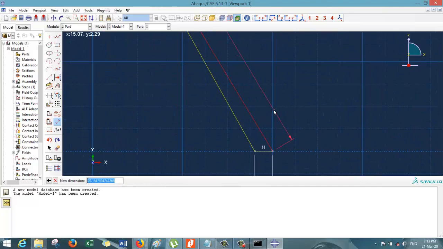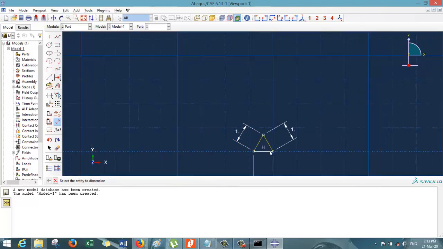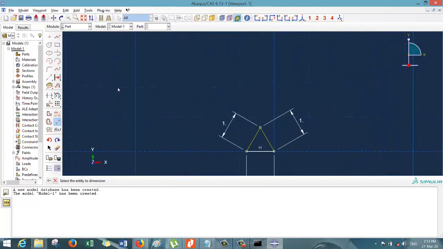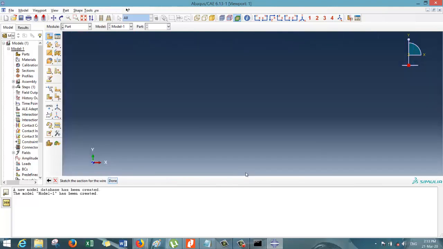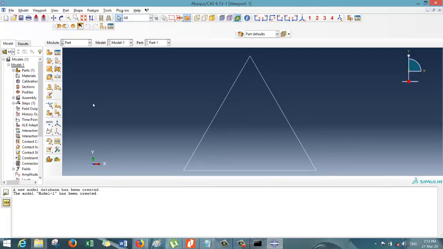Now this is again 1 meter, and now this is again 1 meter. So you have dimensioned it. So you have completed the model. Then click on done. So our part is ready.